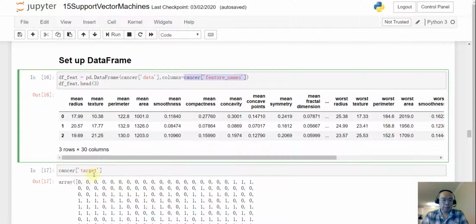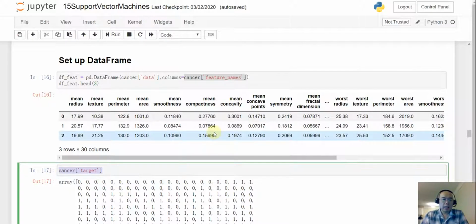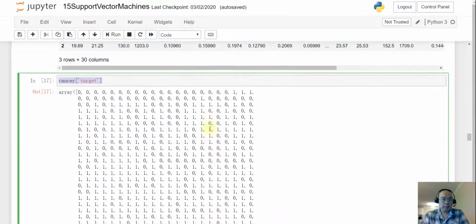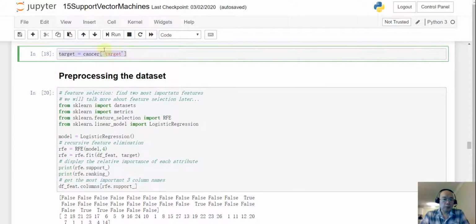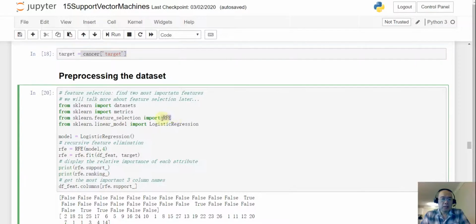Okay, and the next part is the target. The target is not part of the dataset yet, so the next thing is I also want to use that as the target column. And the next thing I'm going to do is select the two best features to do a 2D plot. And you may ask, how do I do that? There's a cool thing called